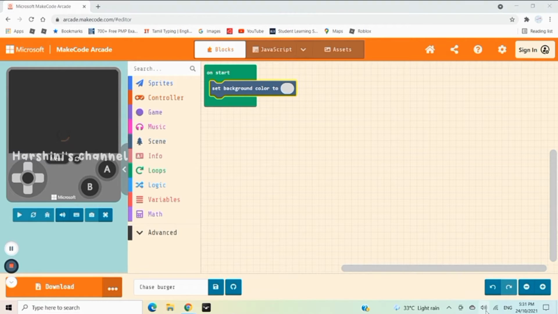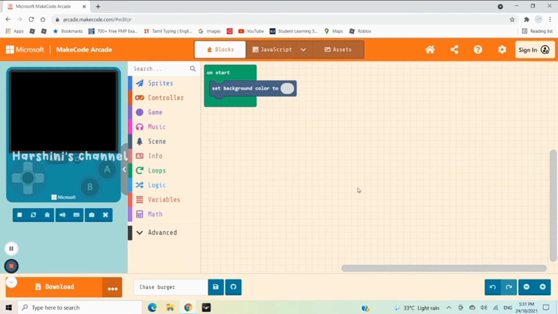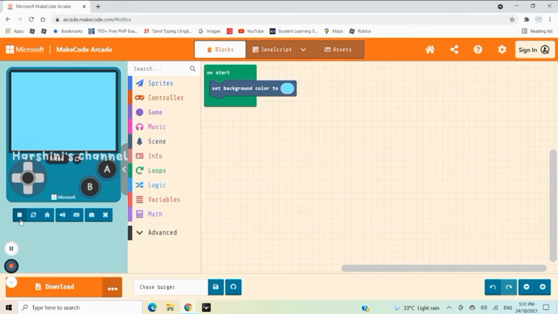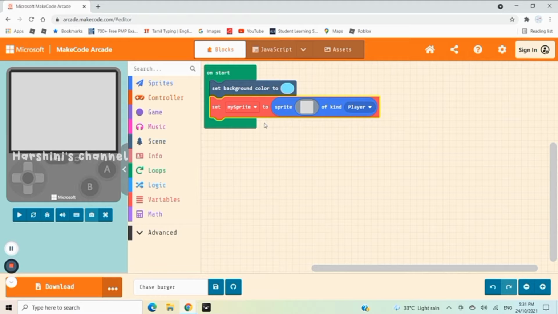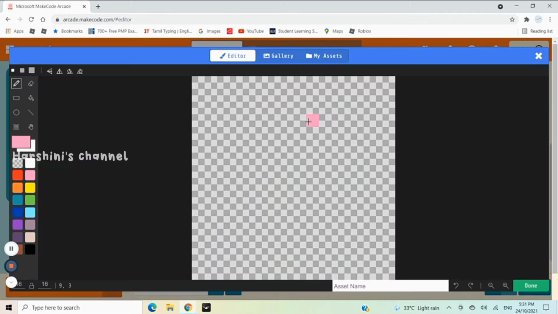After that, click that gray color circle over there and change it into light blue color, like this. Okay, so now in your screen you all should see that the screen changed into a light blue background. The next thing you're supposed to do is go to the sprite drawer and drag the set my sprite block below the set background color block, and after that you have to click the gray color square over there, this one, and go to gallery